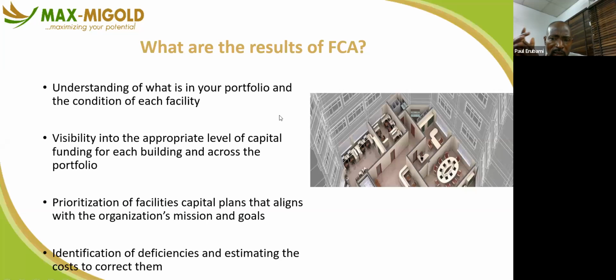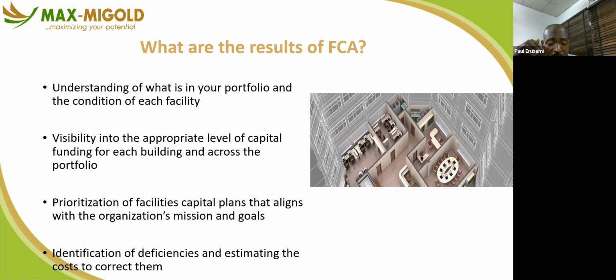So what are the results of your condition assessment, your FCA? One, understanding what is in your portfolio and the condition of each of the facilities, which I've already earlier mentioned. Visibility into the appropriate level of capital funding for each building and across the entire portfolio. So you know the actual amounts you need to spend per asset and all assets encompassed in the whole facility. Then it helps you to prioritize a facility capital plan that aligns with the organization's mission and goals,